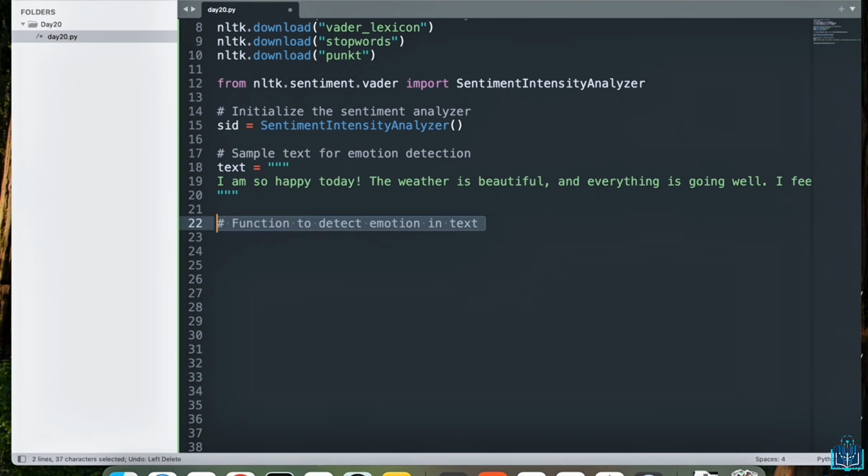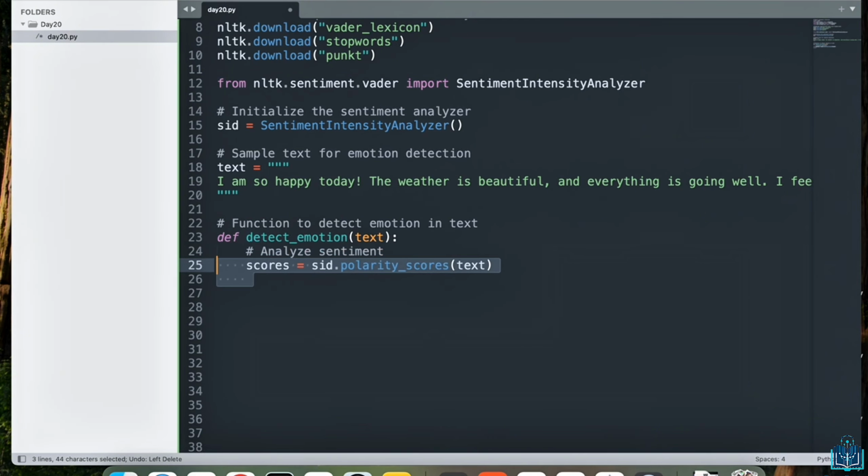So now, to detect the emotions, we'll write a function for this particular text. We'll start by defining the function. We'll call it detect_emotion, and it takes an input parameter of text. The first step is to analyze the sentiment. We're going to say scores equal to sid, which we initialized before as the sentiment analyzer, dot polarity_scores, and pass the text to it.